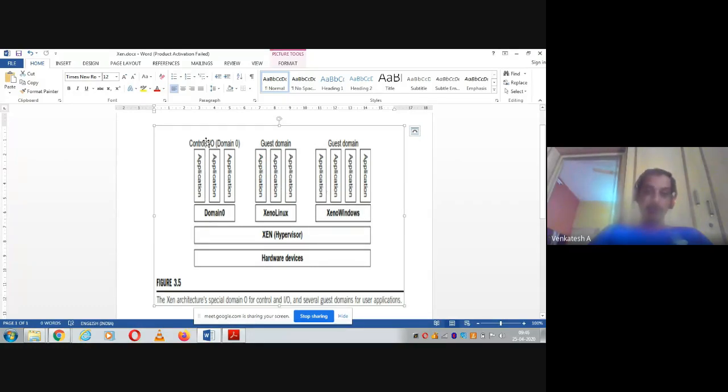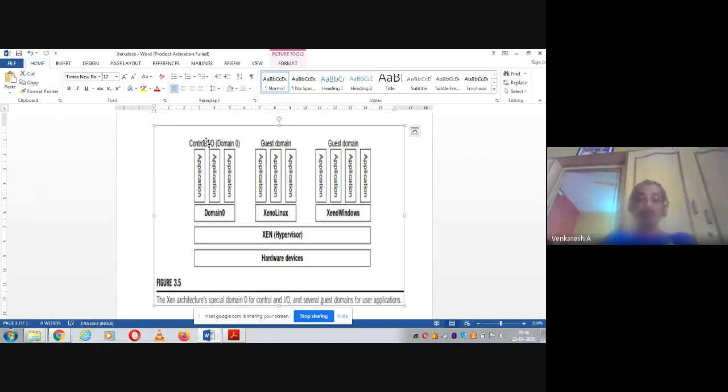And they have written control input output upon domain 0. The meaning is that this is the controller part. So when the system is booted, first Zen will load domain 0. One peculiar feature about this Zen operating system is it will provide a provision to the guest operating system to interact with the hardware directly without any intervention by the hypervisor. And at the same time, it will not install any device drivers. That means without even installing a device driver, it will provide a mechanism using which every guest operating system installed can directly interact with the hardware.